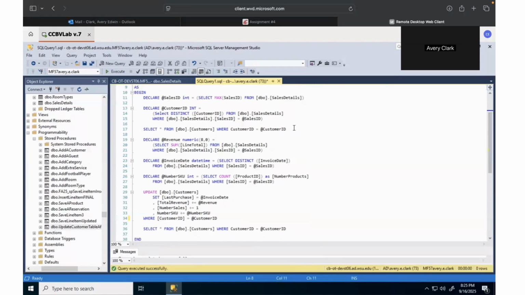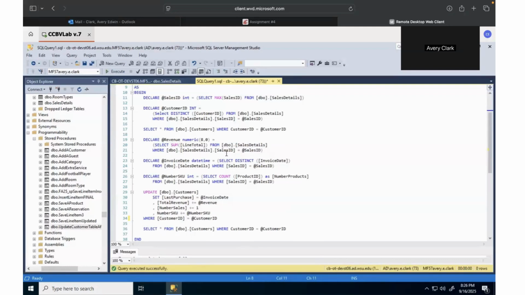And the point of this is just so that we can see the before, and then we'll select after we've added it, so you can see what's changed. And then another local variable, revenue. We're just adding up the line totals from sales details. So if you bought, you know, 3 of item 2 and 1 of item 3, all 3 of those would be added up in the sum